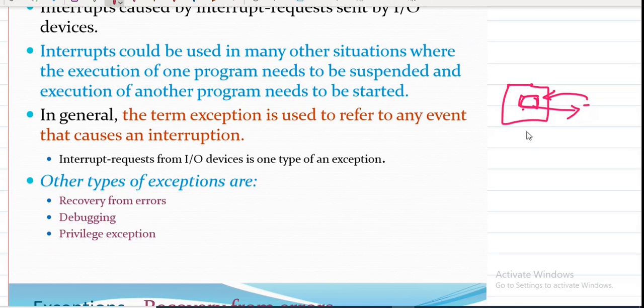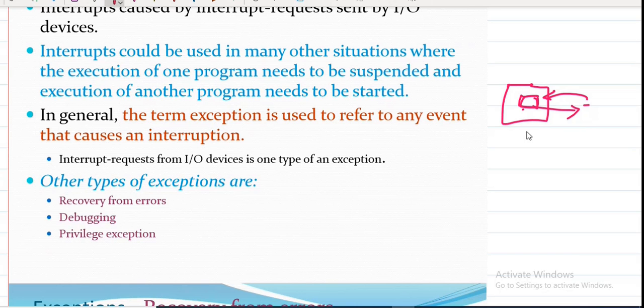It's similar to your function. Just remember how a function is called, and once the function is finished, how exactly it comes back to the same location. Many times, with so many examples, I have explained how a subroutine works. We use the term subroutine in assembly language; the same thing you can compare with functions in a high level language.